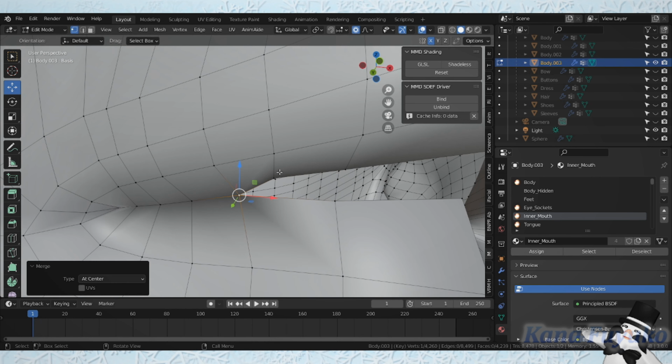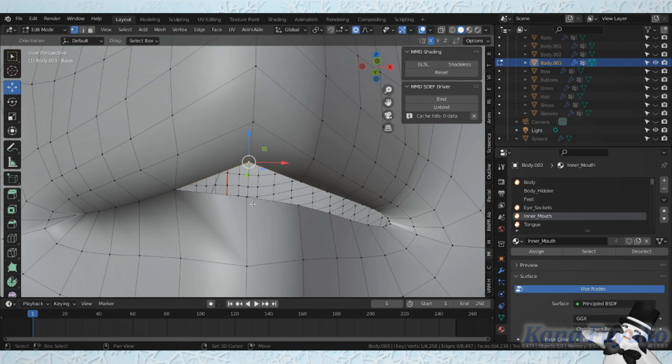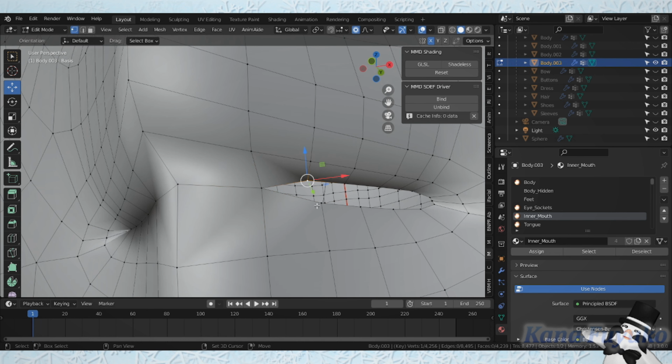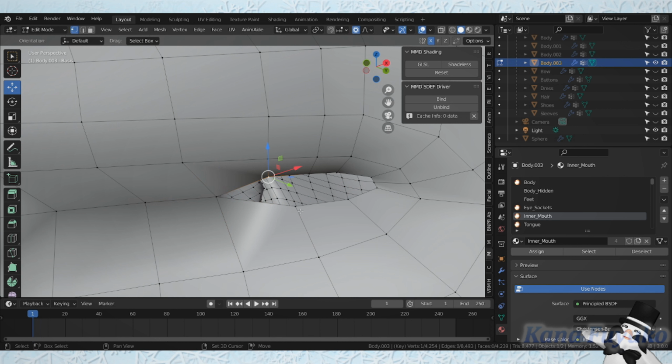Basically close your mouth up so that there is no opening, so that we can merge it well with the Fair Vertices add-on, the Fair Mesh add-on. So yeah, I'll do this real quick, and hopefully all should be good,